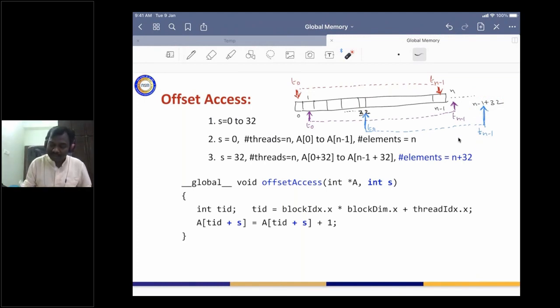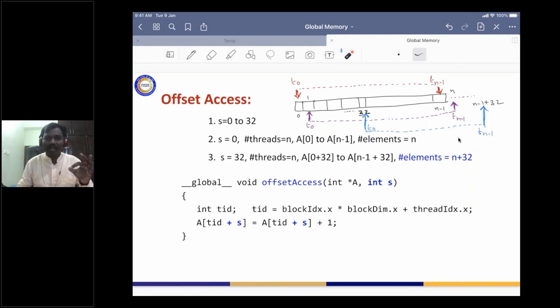The n minus 1th thread is going to access the n minus 1th element plus 32, because the S value is 32. What I'm essentially trying to explain in this slide is, when you are increasing the value of the offset, you need to have enough memory locations available in your array, so that each thread can access its memory location.